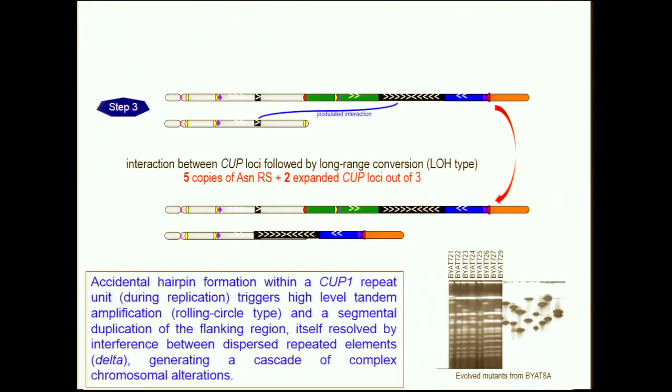The conclusion is that, in fact, what we suspect is accidental template formation within a CUP1 repeat, during replication probably, creates the high-level tandem amplification, of rolling circle type, of the flanking sequences. Segmental duplication of the flanking region is then resolved by interference between dispersed repeated elements. So this is the idea that simple accidental events at the replication fork and the appropriate chromosome structure may have absolutely dramatic consequences for the